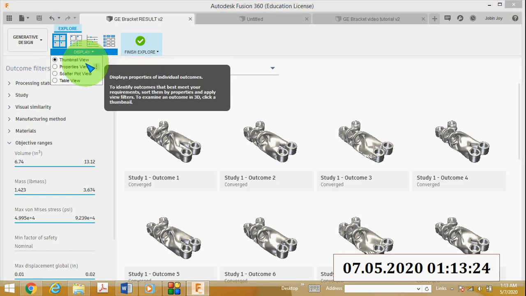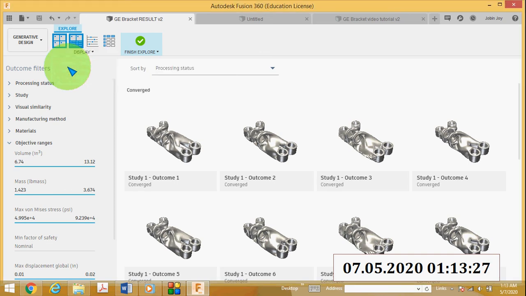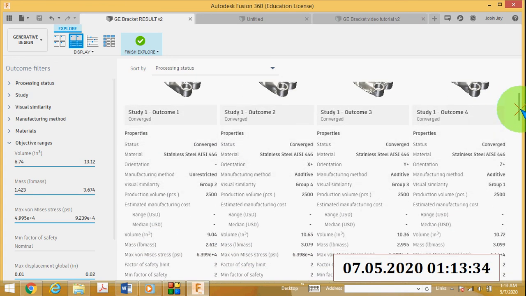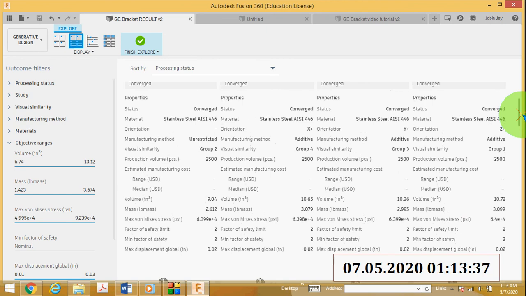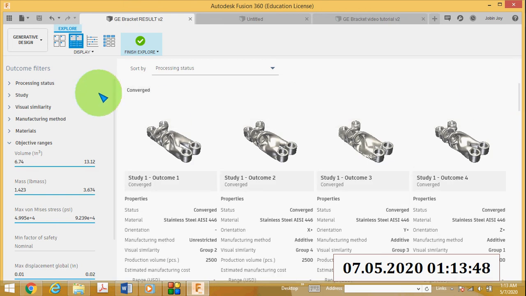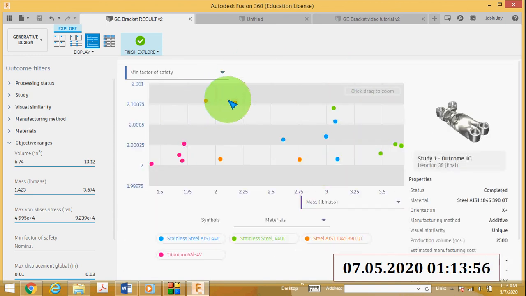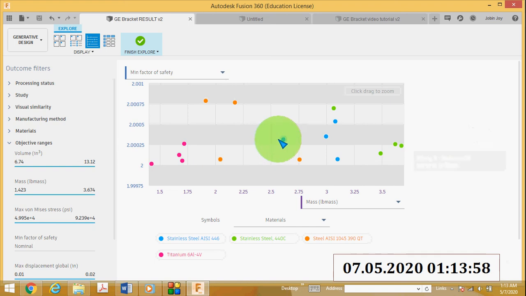Here this is the thumbnail view, and if you want to change to the properties view, click here, and you can see the outcomes with the properties: material, orientation, manufacturing method, visual similarity, production volume, manufacturing cost, volume, mass, stress, factor of safety, displacement, etc. Or if you want the scatter plot view, you will get a scatter diagram, and you can select different outcomes here.